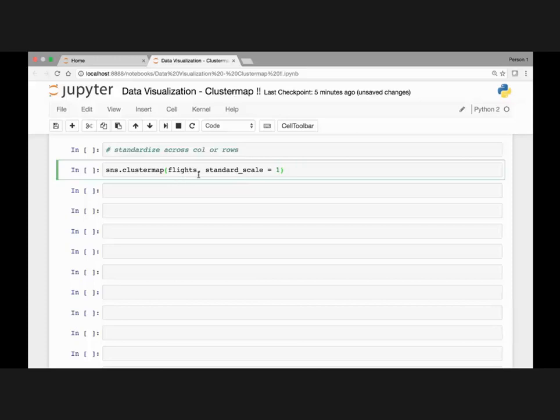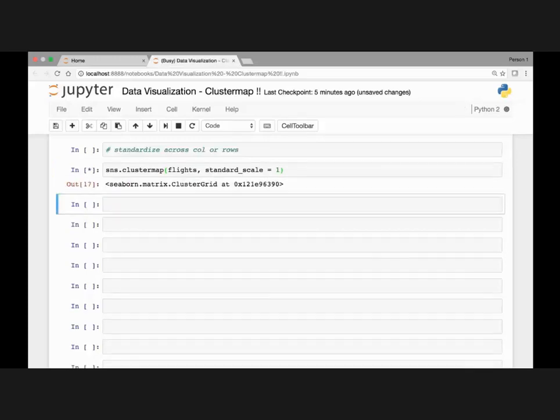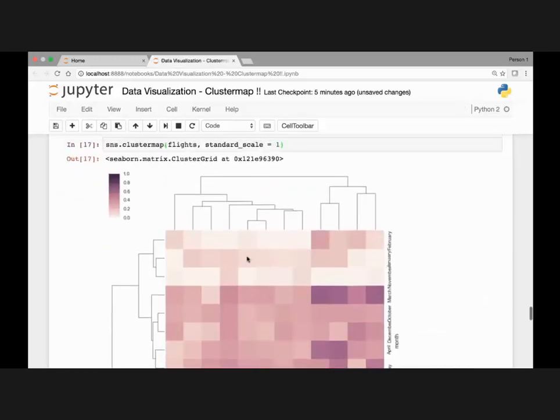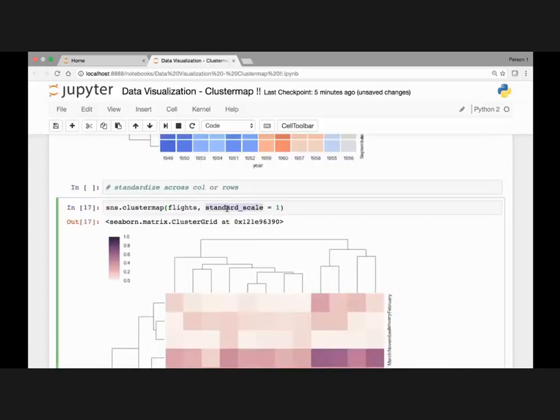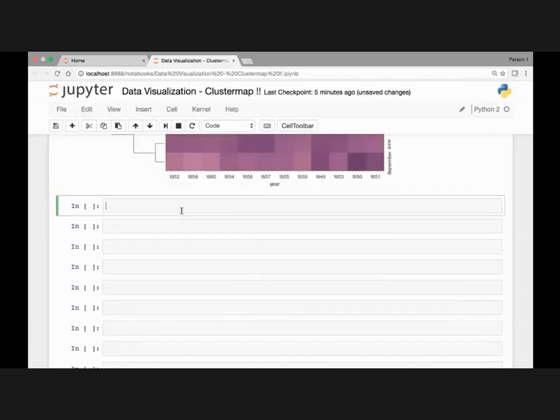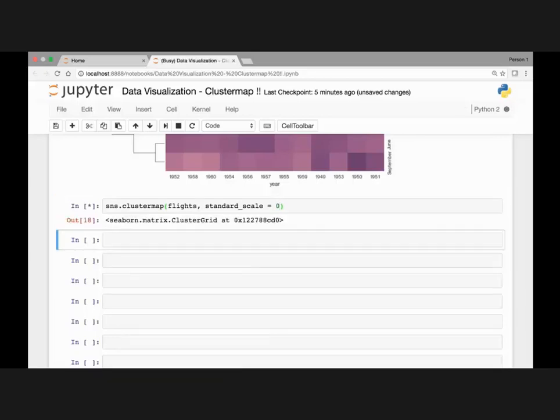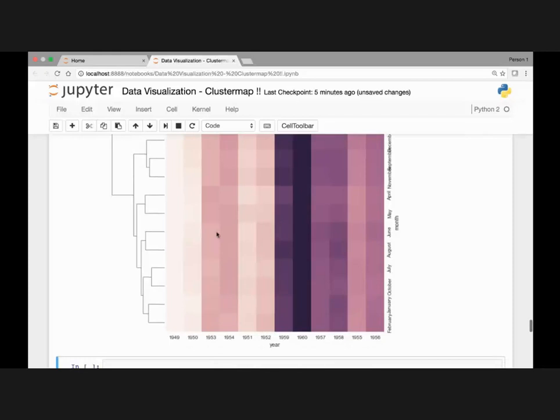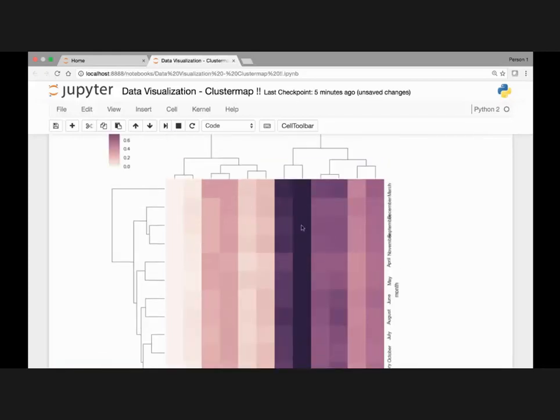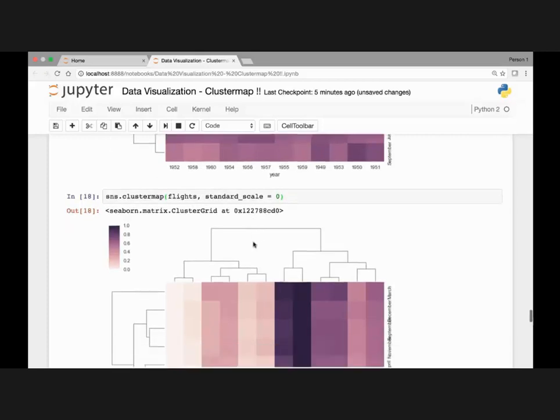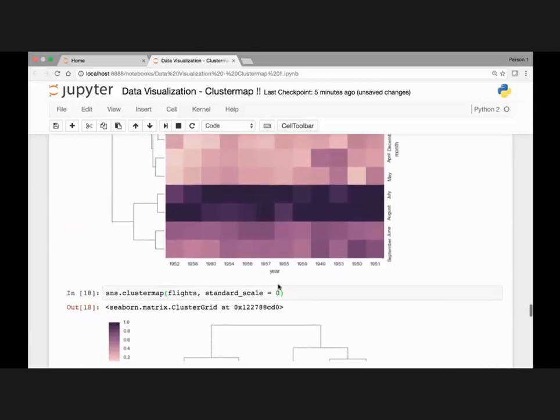This means it will standardize our flights dataset across columns. Let's run it. Okay, so that's what it looks like. And if we want to standardize our flights dataset across rows, we'll pass a value of 0 for our standard scale attribute. Let me paste it here and pass a standard scale value of 0. Run it, and now we have our cluster map standardized by row versus columns in the above